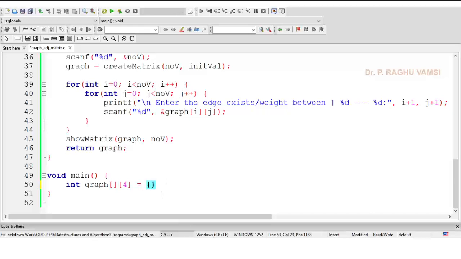Consider the previous graph that we have considered. Here 1 to 2, 1 to 3 connectivity is there, and 2 to 4, 4 to 2, 4 to 3. That means 1 to 2 and 1 to 3, 2 to 1, 2 to 4, 3 to 1, 3 to 4, 4 to 2 and 4 to 3 connectivity are there. If we want to mention, then 1 is considered as 0 and 2 as 1.